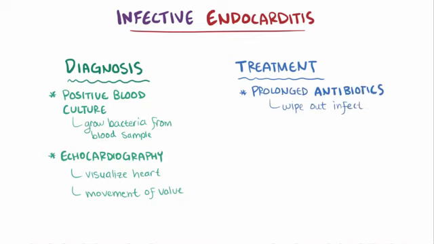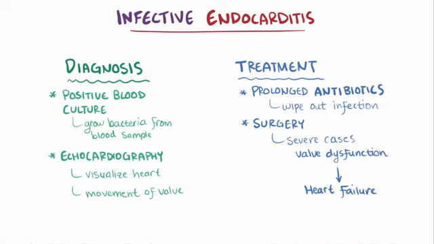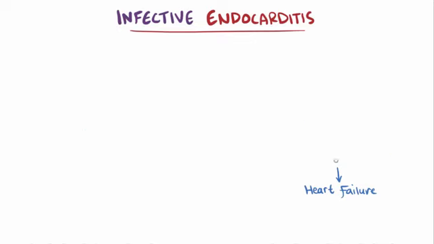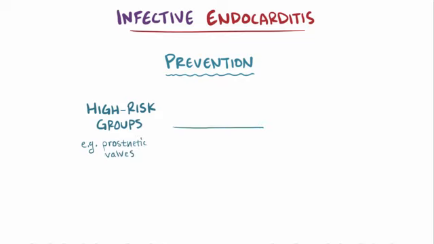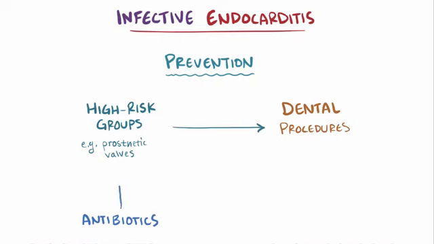to try and wipe out the infection, but surgery might be needed for severe cases, especially when the valve dysfunction causes heart failure. It's also important to prevent endocarditis, especially among high-risk groups, like for example those with prosthetic heart valves and a history of endocarditis. Before dental procedures, sometimes these people are recommended antibiotics, since remember that some of those microbes that cause endocarditis live